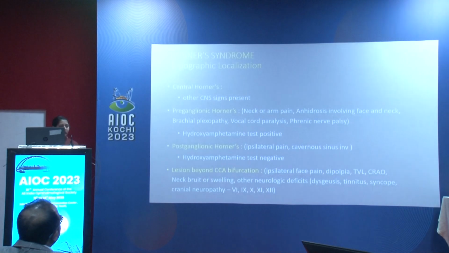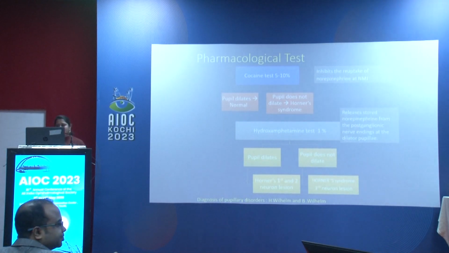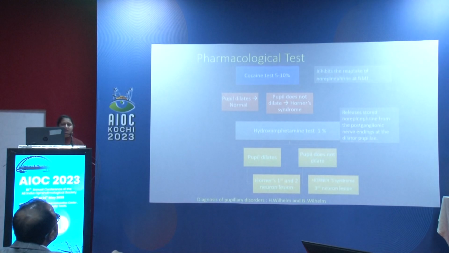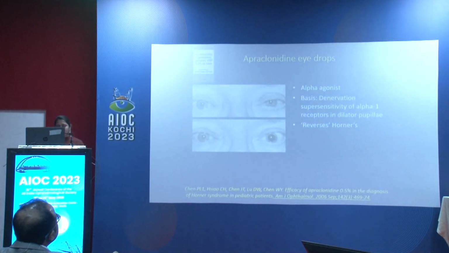Now we need pharmacological testing to differentiate between the two by hydroxyamphetamine tests. Cocaine is not available, so we usually don't perform it. So this is a chart of how we differentiate between pre and post ganglionic Horner syndrome. Apraclonidine is also used. This is also not available in India commonly, but